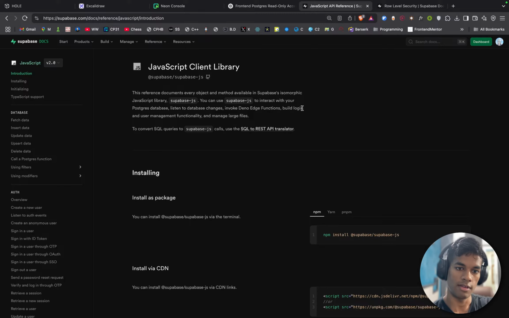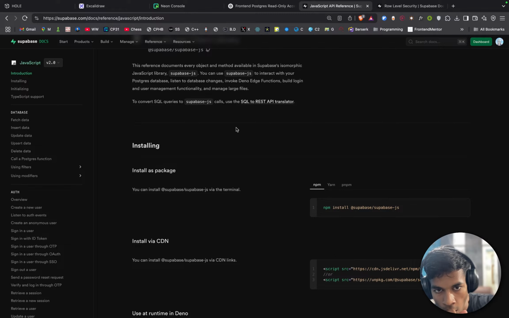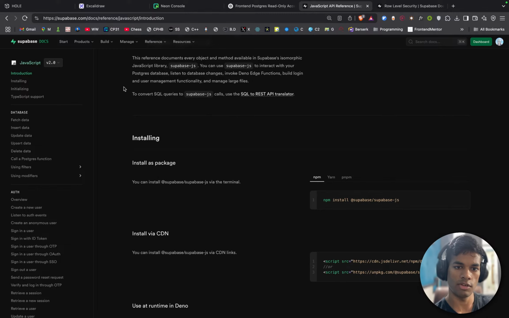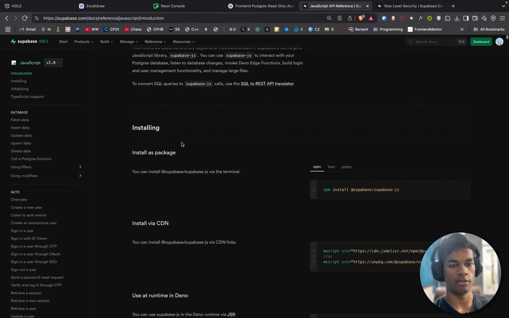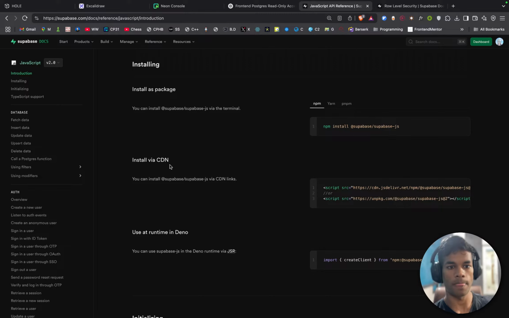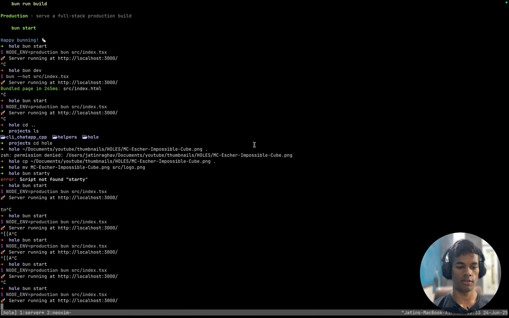To convert SQL queries to Supabase JS, use the SQL to REST API translator. Okay. Install as a package via CDN. I can install as a package at supabase/supabase-js.